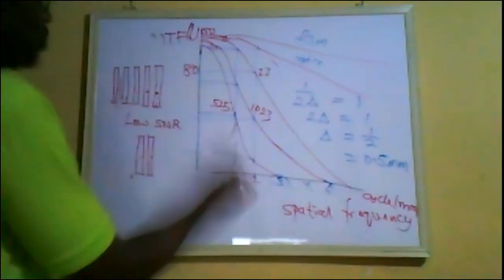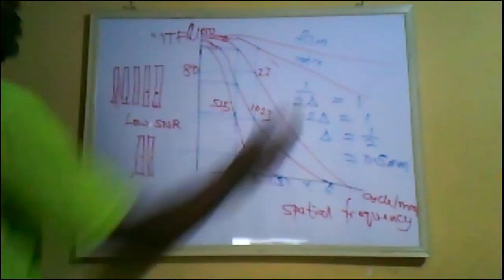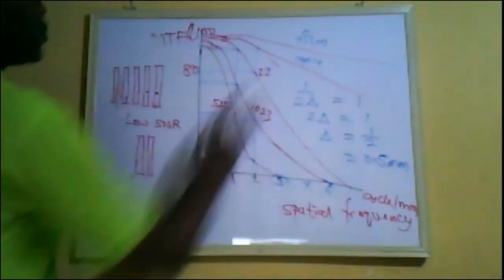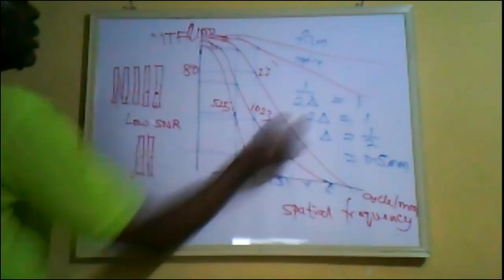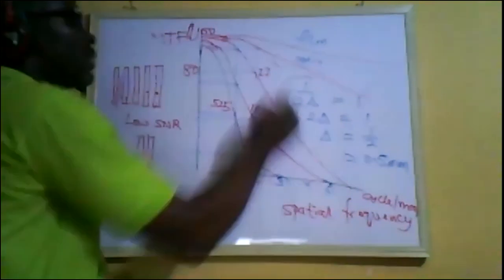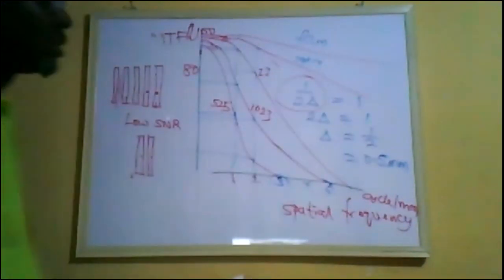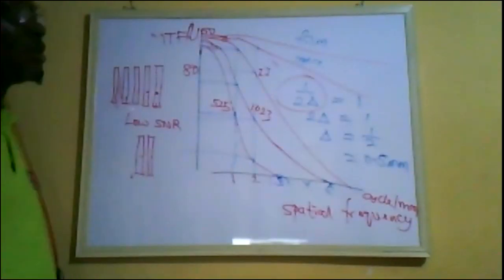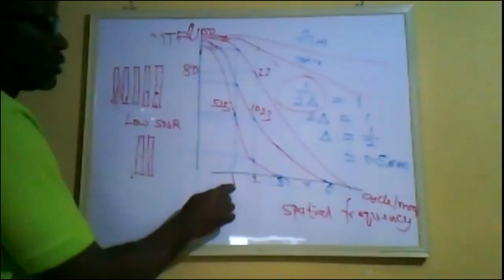The spatial frequency is equal to 1 over 2 delta. How do you come about the 1/2? This is the formula for calculating spatial frequency. The spatial frequency is given by 1 over 2 delta. Delta is just the object size. So the spatial frequency 1 according to this graph